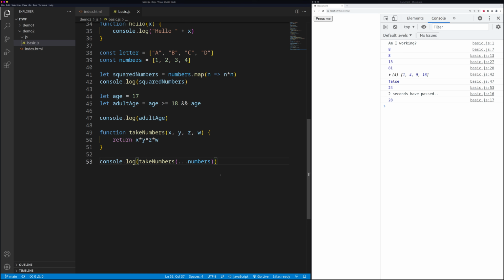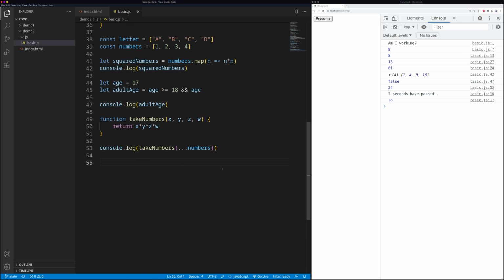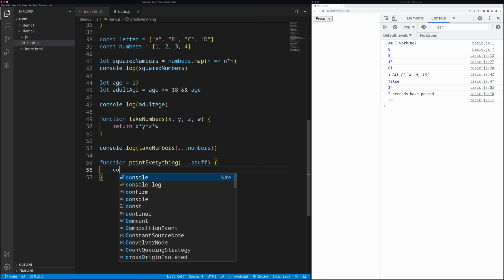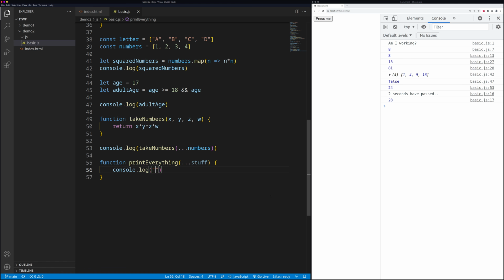This will also work the other way around. So let's build another function called print everything, and it will take some kind of stuff. It will join all the stuff that it is getting into one array. So then we have an array here. We can just first log that printing everything,